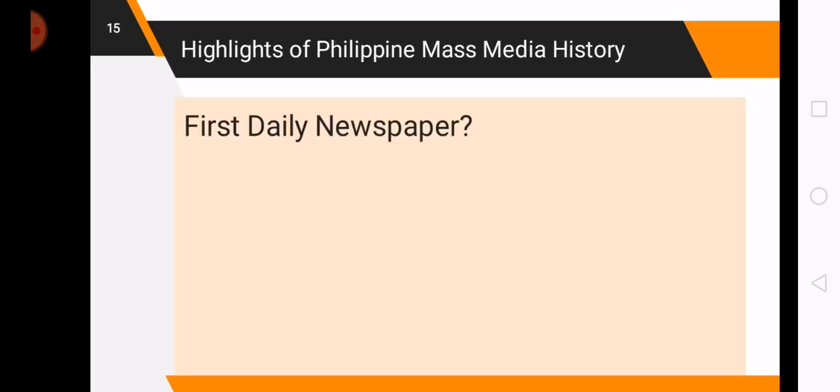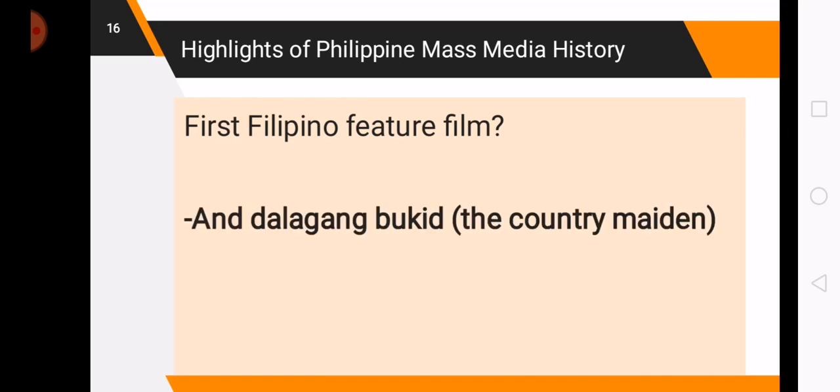And then, the first daily newspaper, I think we had discussed it last week. It's La Esperanza. That's the first daily newspaper. And the first Filipino feature film is Ang Dalagang Bukid, or The Country Maiden.